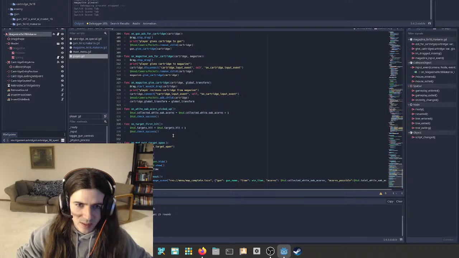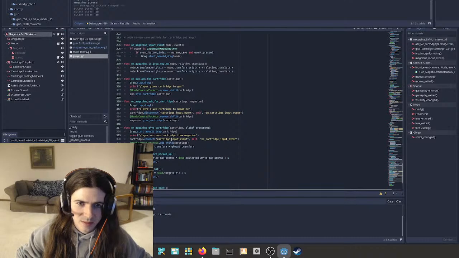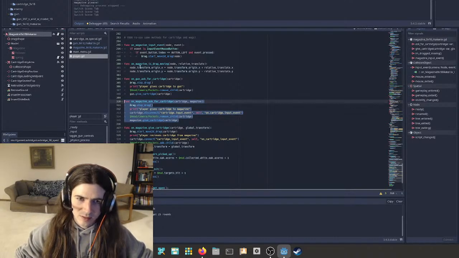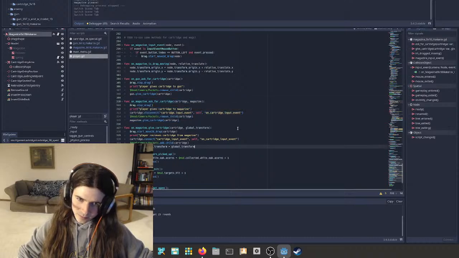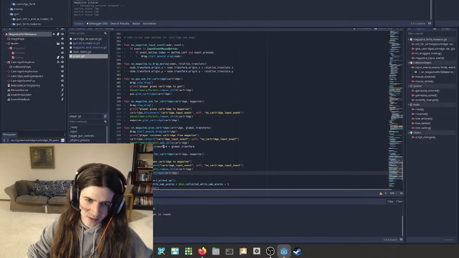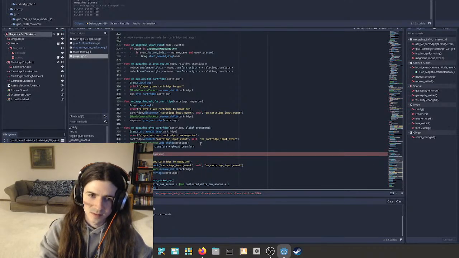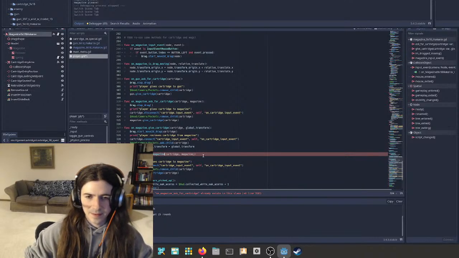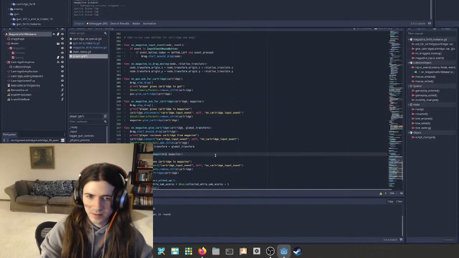So we want on magazine ask for cartridge. So we're going to have on gun ask for magazine.